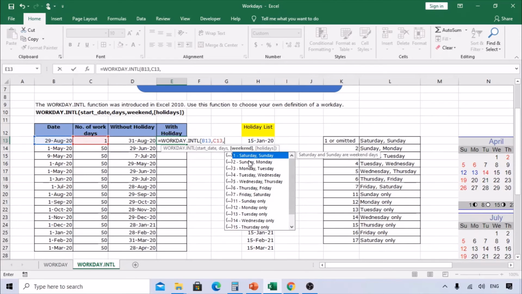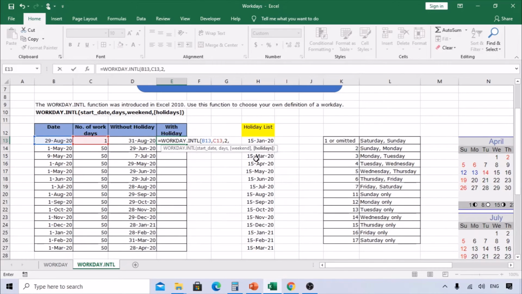Let me select Sunday and Monday, 2, as the option, comma, and then the holiday list. After the comma, you can select the holiday list. When you select it, use F4 because we need to lock this range. Otherwise, when you copy the formula, the range also keeps going down.